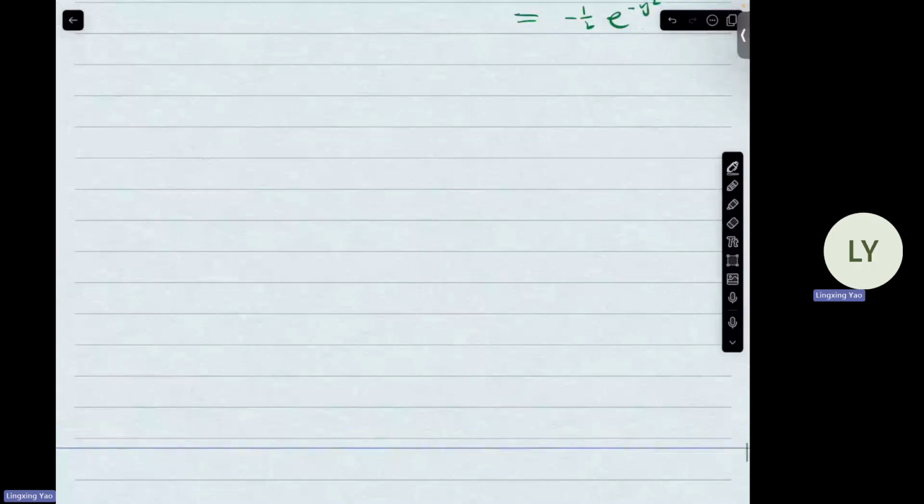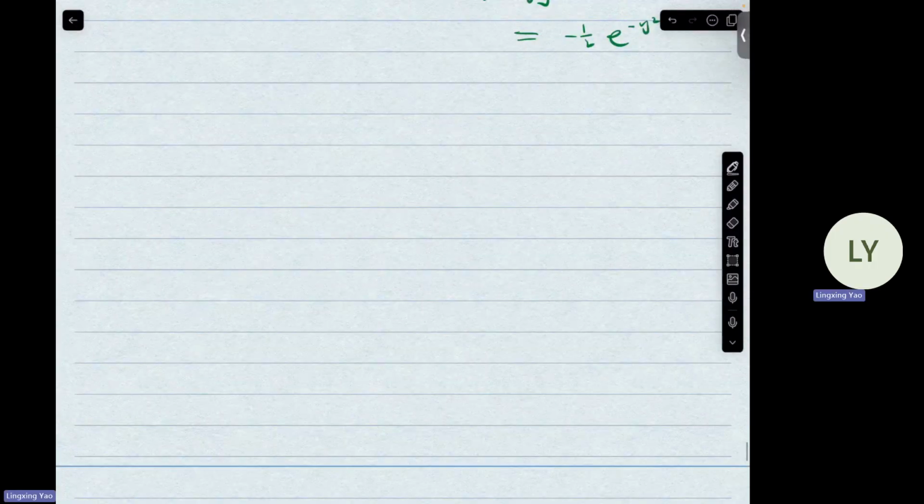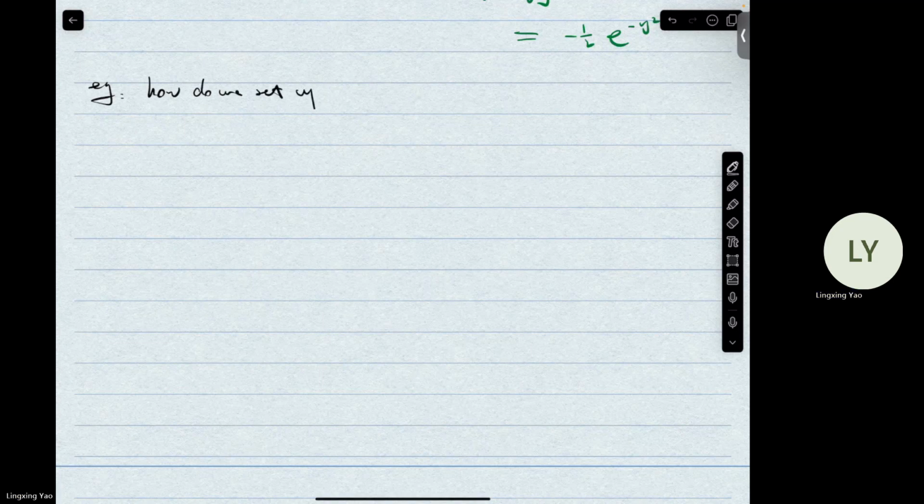All right, we want to introduce one last example, and then we'll see how it will lead us to... okay, so how do we set up the double integral in its iterated integral form over this domain D,